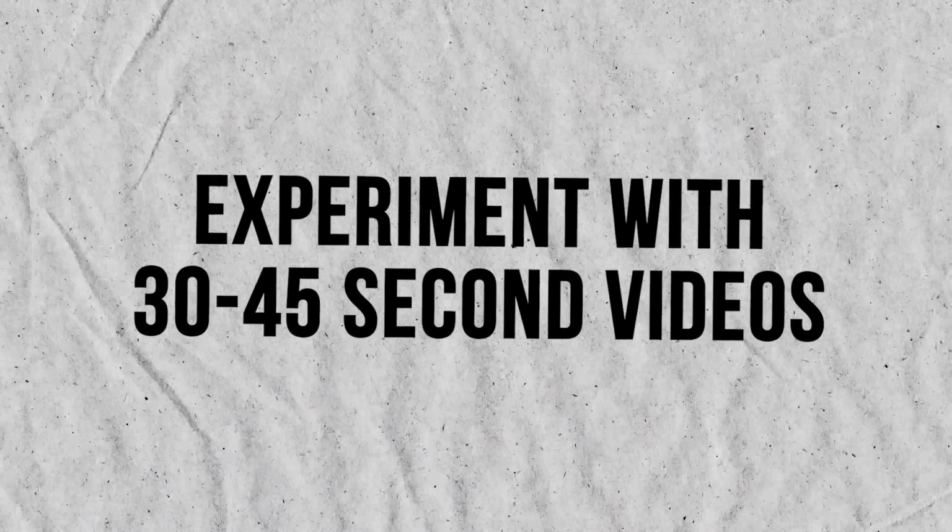You can batch a bunch of videos and you can post them a few days from now, a few months from now, a year from now, and it's still going to help your audience out. This video I'm doing right now is a perfect example of evergreen content. Now, this type of content is usually going to be your minute-plus videos, but you should also be experimenting with 30 to 45-second videos. And the reason for this is because not every video needs to be monetizable.